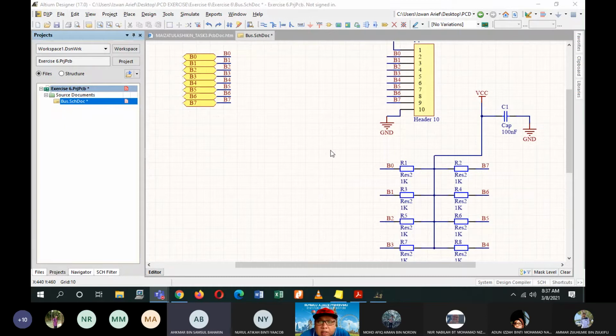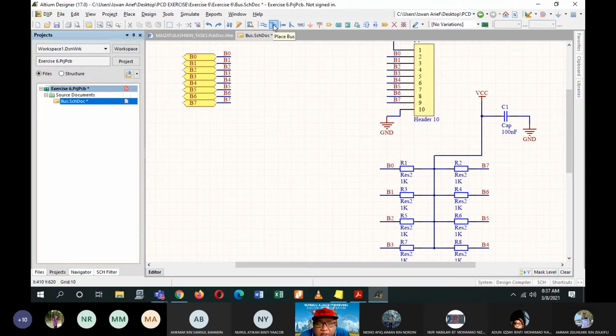Alright. So once you have done with the naming of the net for each of the wires that you have added to the ports, resistors, and header just now, here we have place bus.